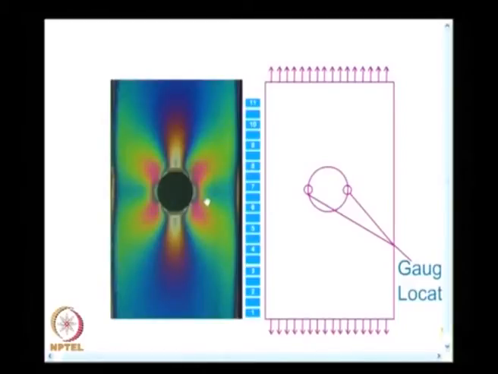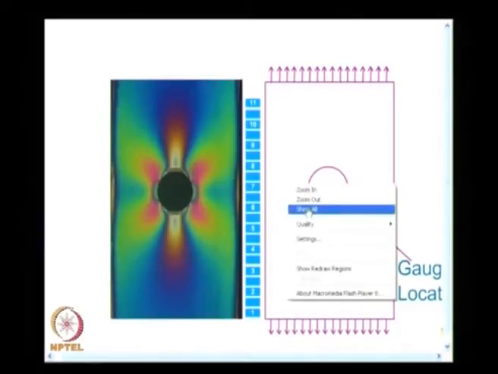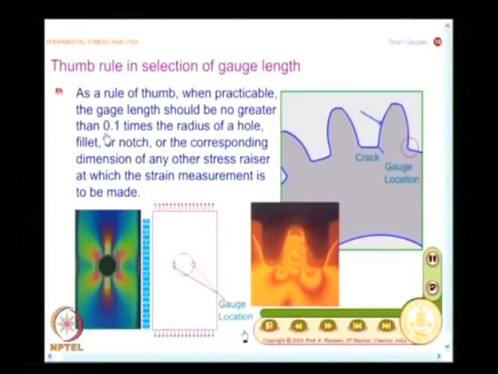So, now this is an example which you have already done as part of your photoelastic analysis, how to find out the stress concentration factor. In strain gauge, it becomes involved and complicated. So, it is not simple, and the thumb rule is you use the gauge length which is small enough. It is about 0.1 times the radius of a hole, and to illustrate the stress concentration better, I had shown you these photoelastic fringes. Now, you know how to interpret the photoelastic fringes better.